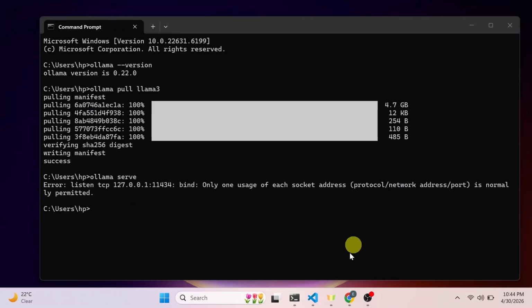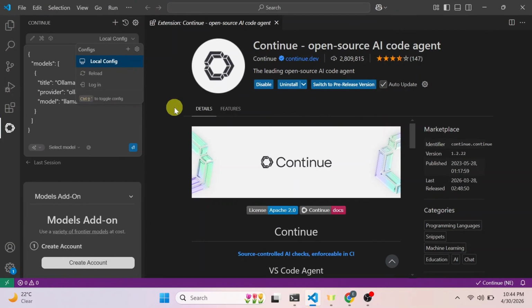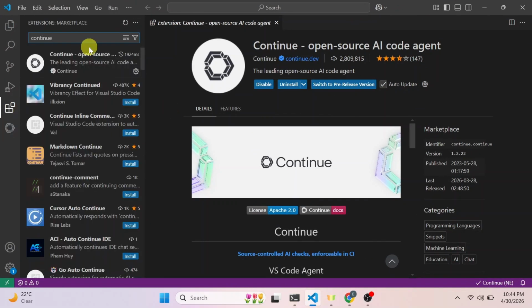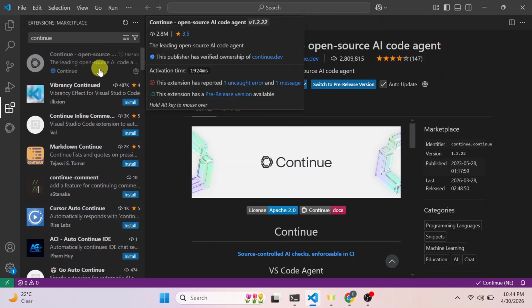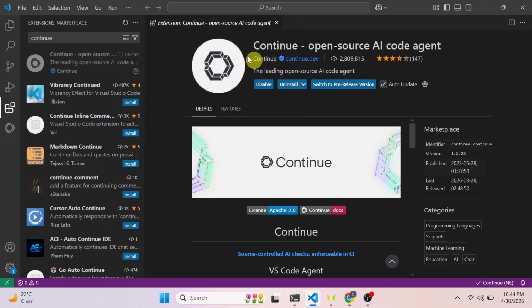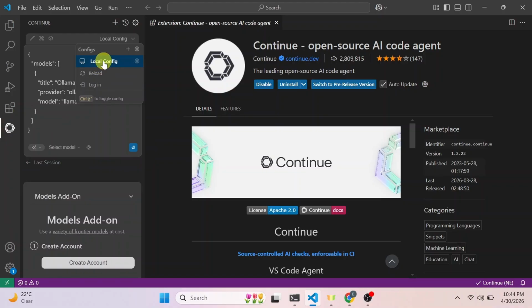Now, to use Ollama inside VS Code, you're going to install an extension first. So you're going to open VS Code, go to the extensions bar, and you can search for Continue, CodeGPT, or even Ollama. But I'll suggest you go with Continue. And once you have installed Continue, you're going to open its config file and add Ollama as a provider. And once you have done that, now you can chat with your local model, ask it to edit code and